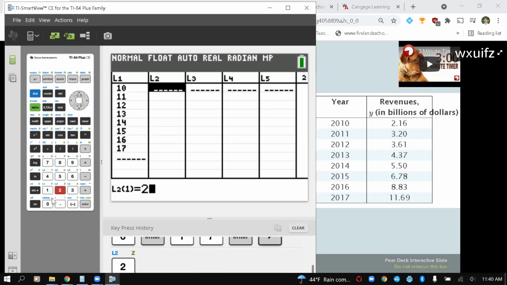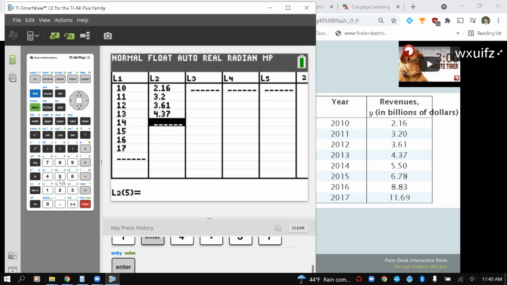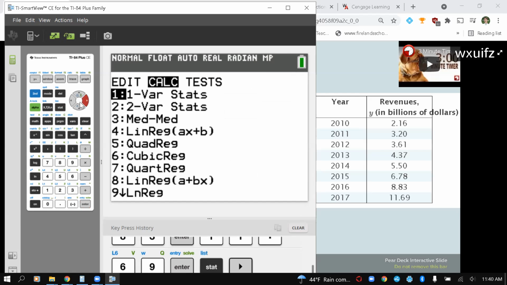And now 2.16, 3.2, 3.61, 4.37, 5.5, 6.78, 8.83, and 11.69. All right, now that you have it typed in, if you calculate the linear,